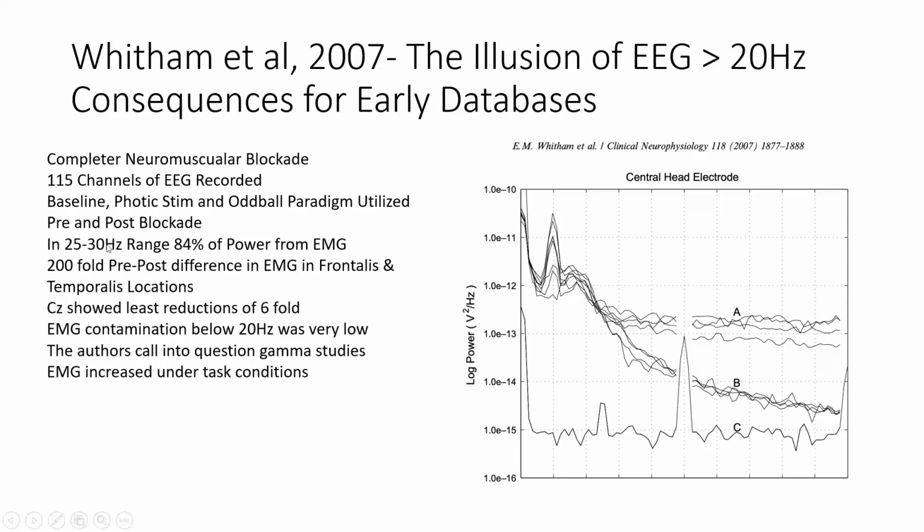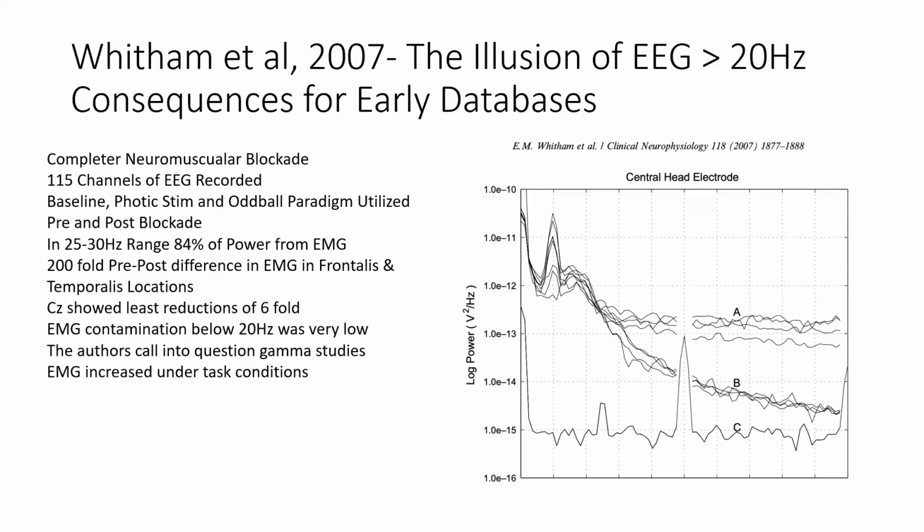In the 20 to 30 hertz range, 84% of the EMG power. That agreed with the previous author. So most of your EMG in your EEG is going to be in the 20 to 30 hertz range on average. So now maybe you get why I say don't trust high beta. High beta is not there. It's mostly just illusion, and why I don't promote looking at gamma.